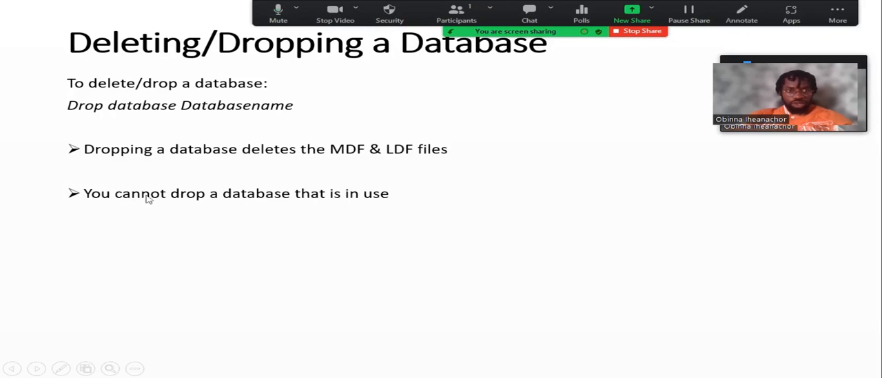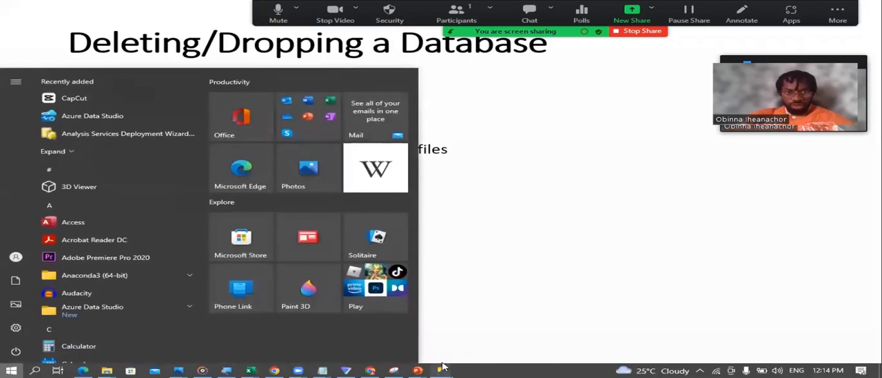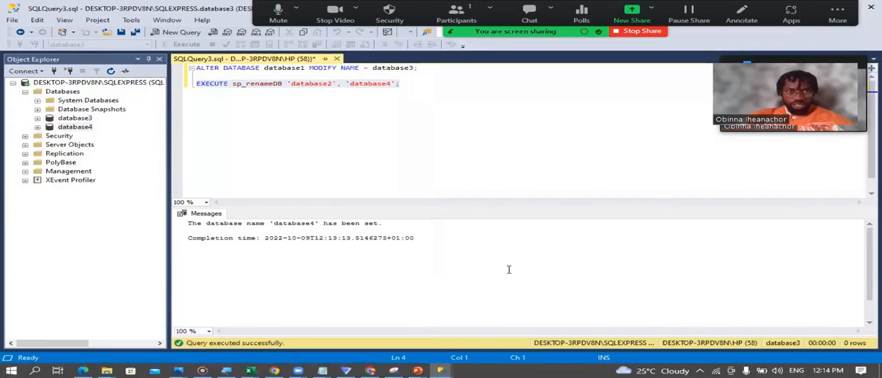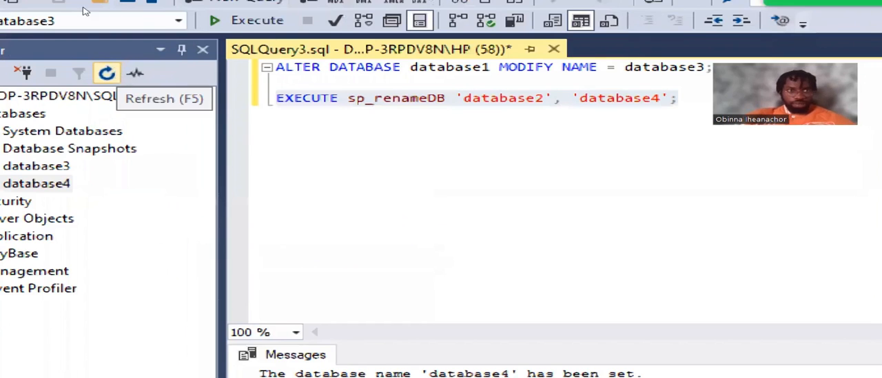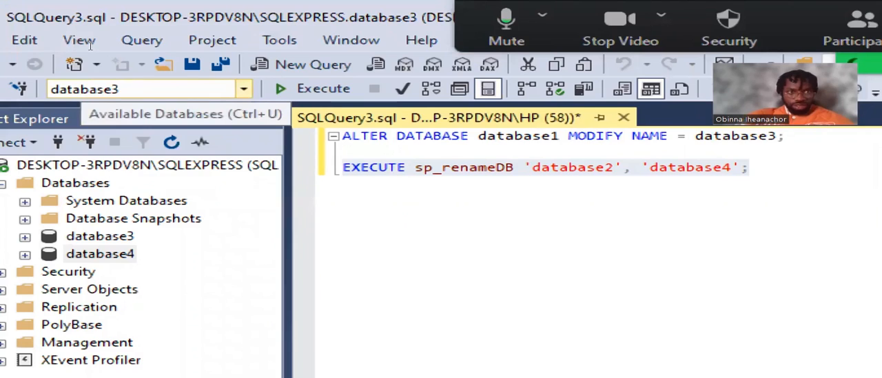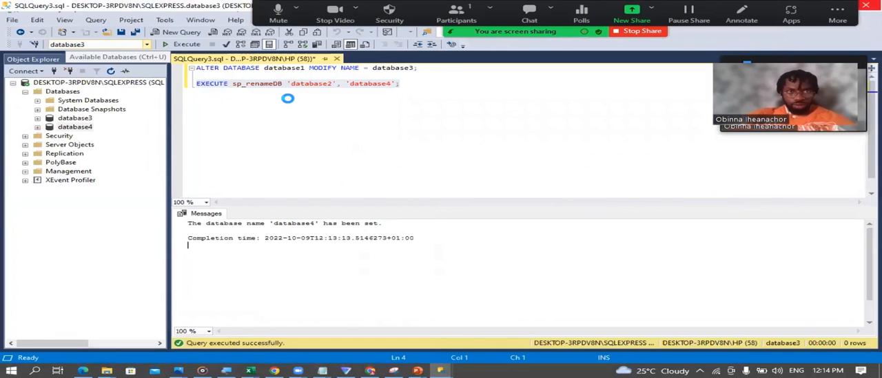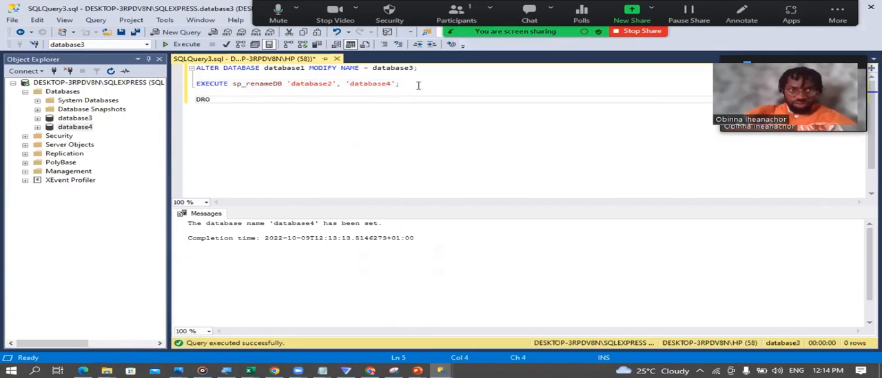And then you cannot drop a database that's in use, right? So let's try to drop a database. Currently, I'm working on database tree. As you can see here, database tree, that's what I'm working on. So let's try to drop database tree. I can run a query that says drop database tree,